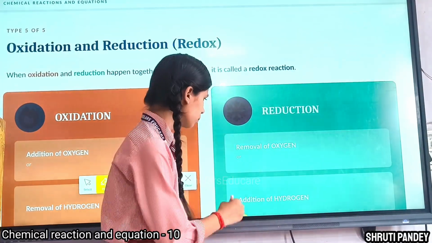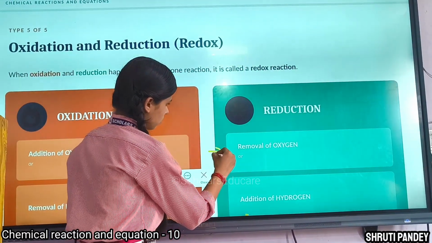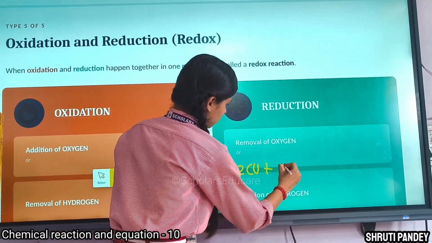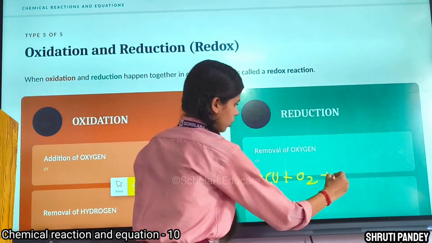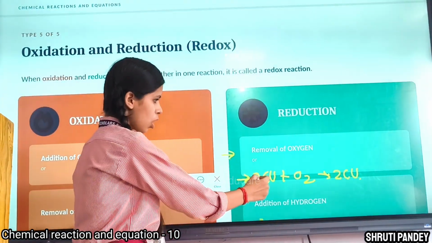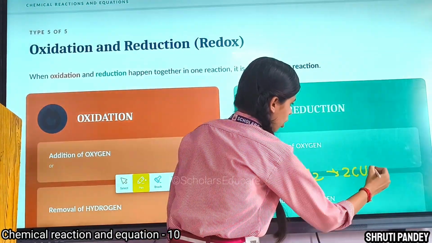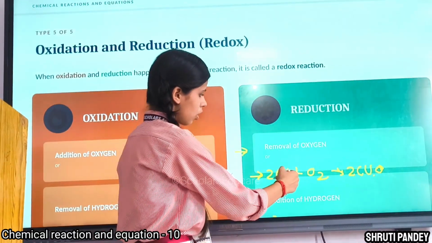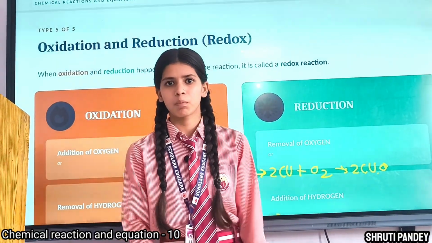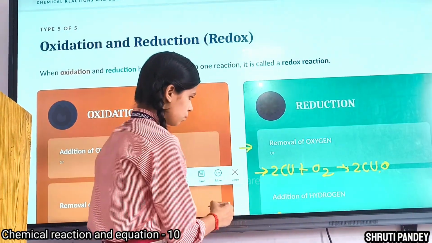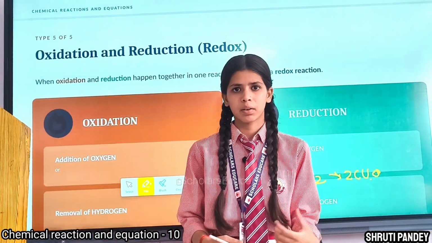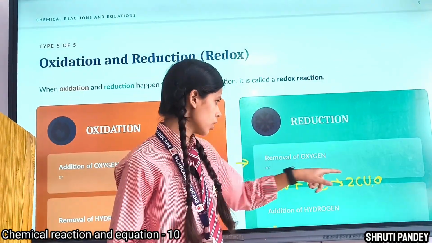For example, 2Cu, copper, plus O2 gives 2CuO. In this reaction, oxygen is being added to the copper, and so the copper is oxidized and forms copper oxide. In this type of reaction, electrons are lost. And the next is